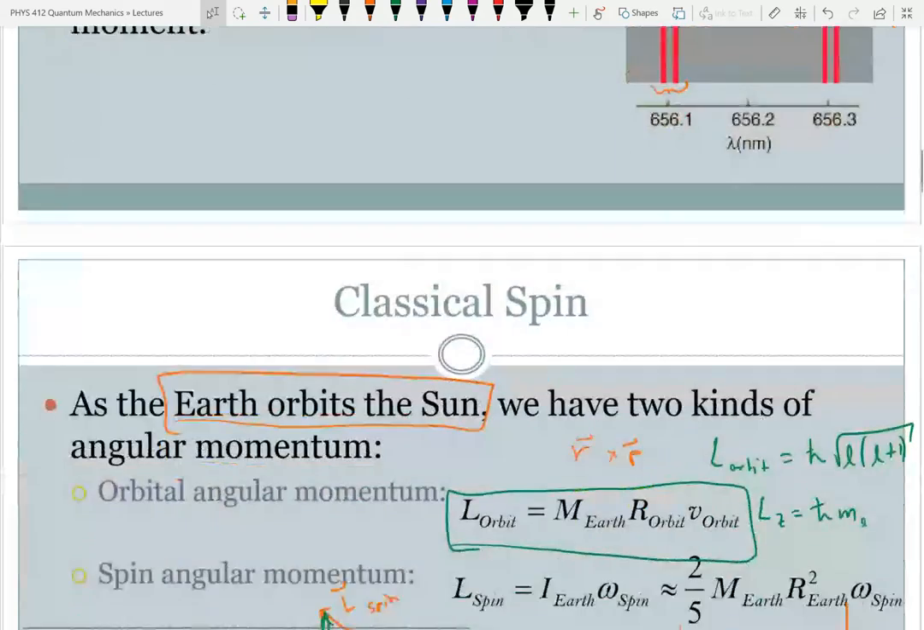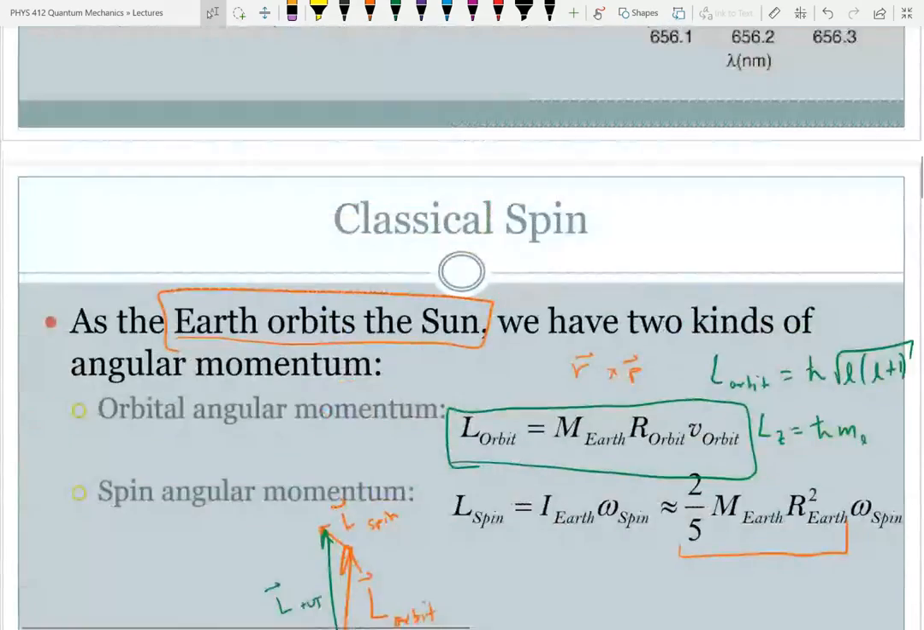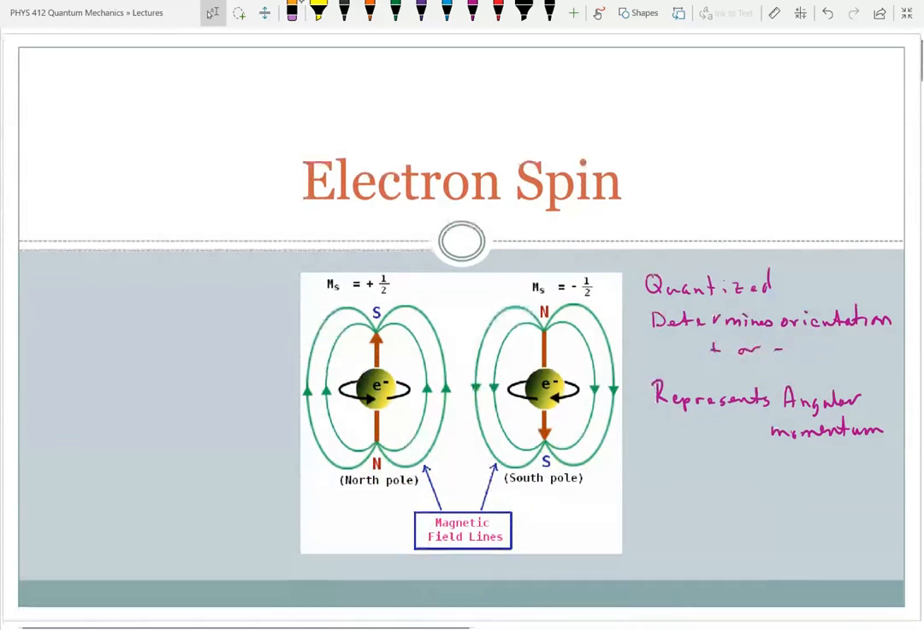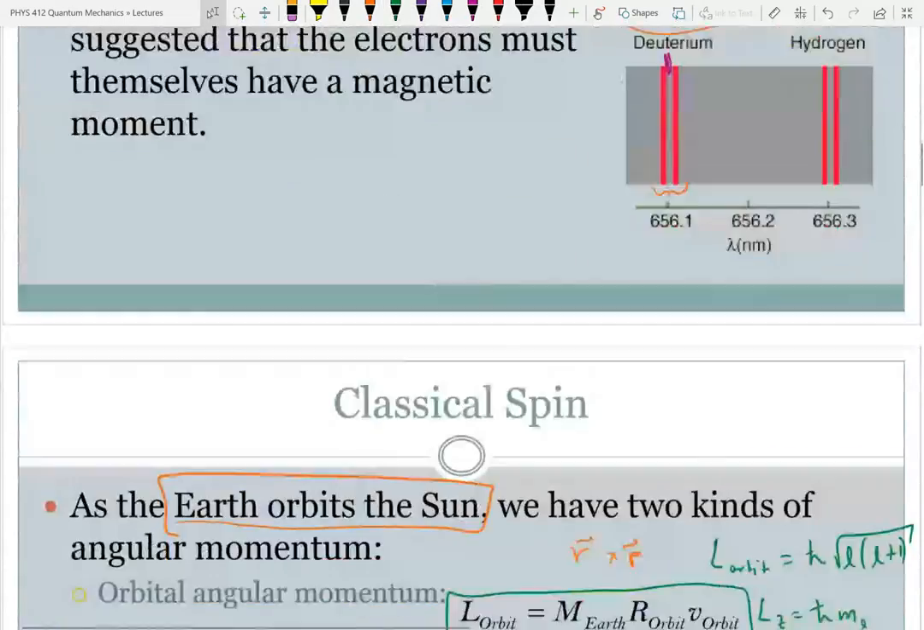And so they said the electron must be spinning, and we can calculate its angular momentum for its spin based on this relationship. And that matches exactly with what you guys said here, that the spin represents angular momentum. Only problem is, it ain't right. It sounded oh so good, but it turns out